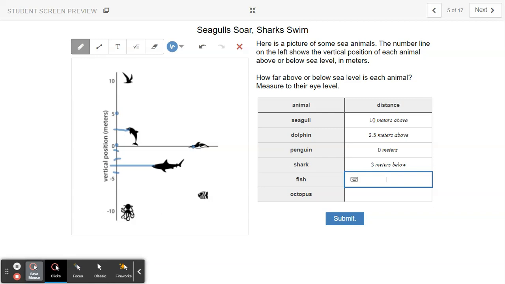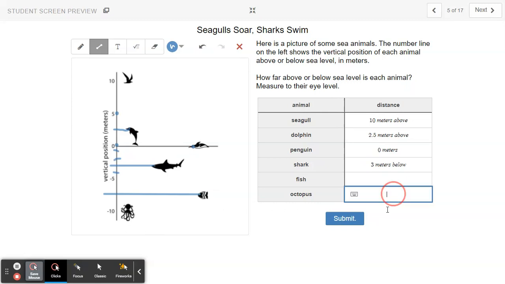The next one's the fish. So here's the fish. Again, I'm going to draw a line over to see where it's at. Okay. And so I'm looking, so if this is 10, which by the way, I can see this octopus is about at 10 meters below. So I'm just going to fill that in. Again, I looked for the eyes. The eyes are kind of in the middle of where that octopus is. So if I know that this is -10 and this is -5,